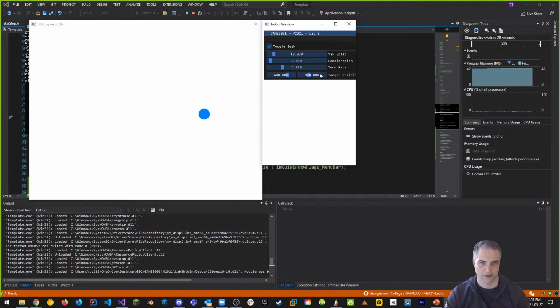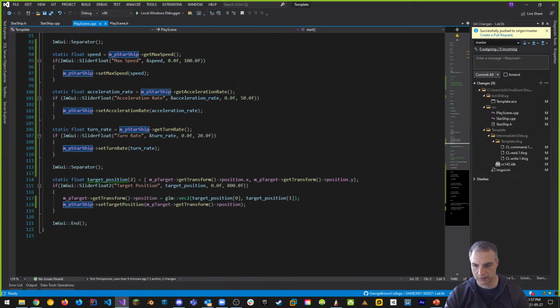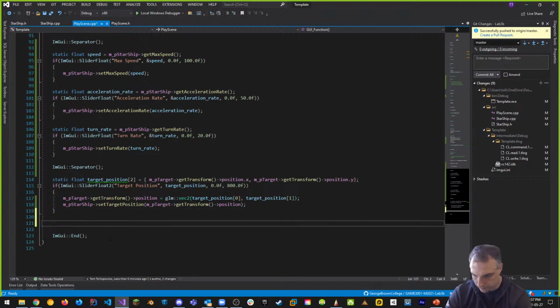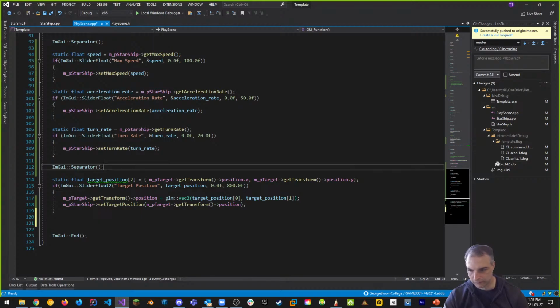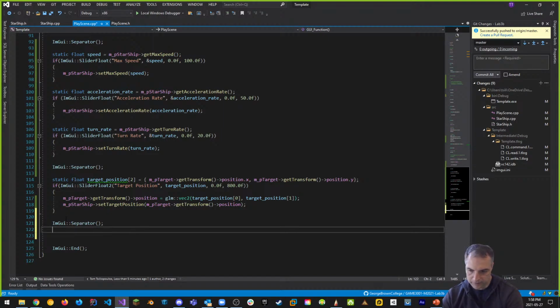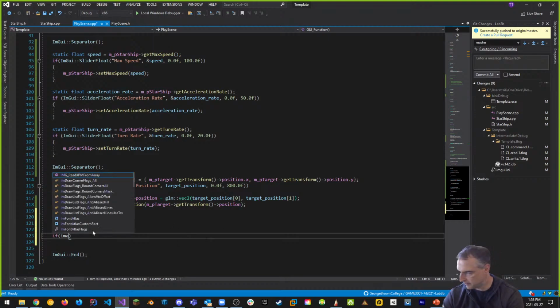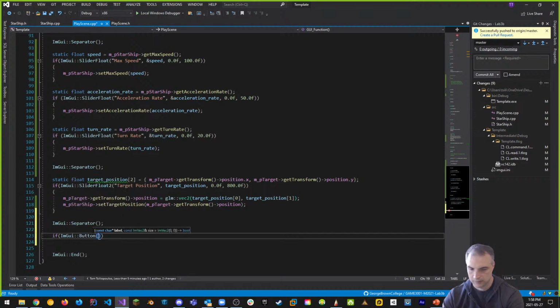But I also want a reset button. I want to be able to reset everything back to normal. And what I can do is set up a reset button underneath pretty much everything else. So just underneath the target position, let's set up a reset. All right, so again, I want a separator for this. And I want to set up a reset. So I'm going to say if ImGui button is reset,